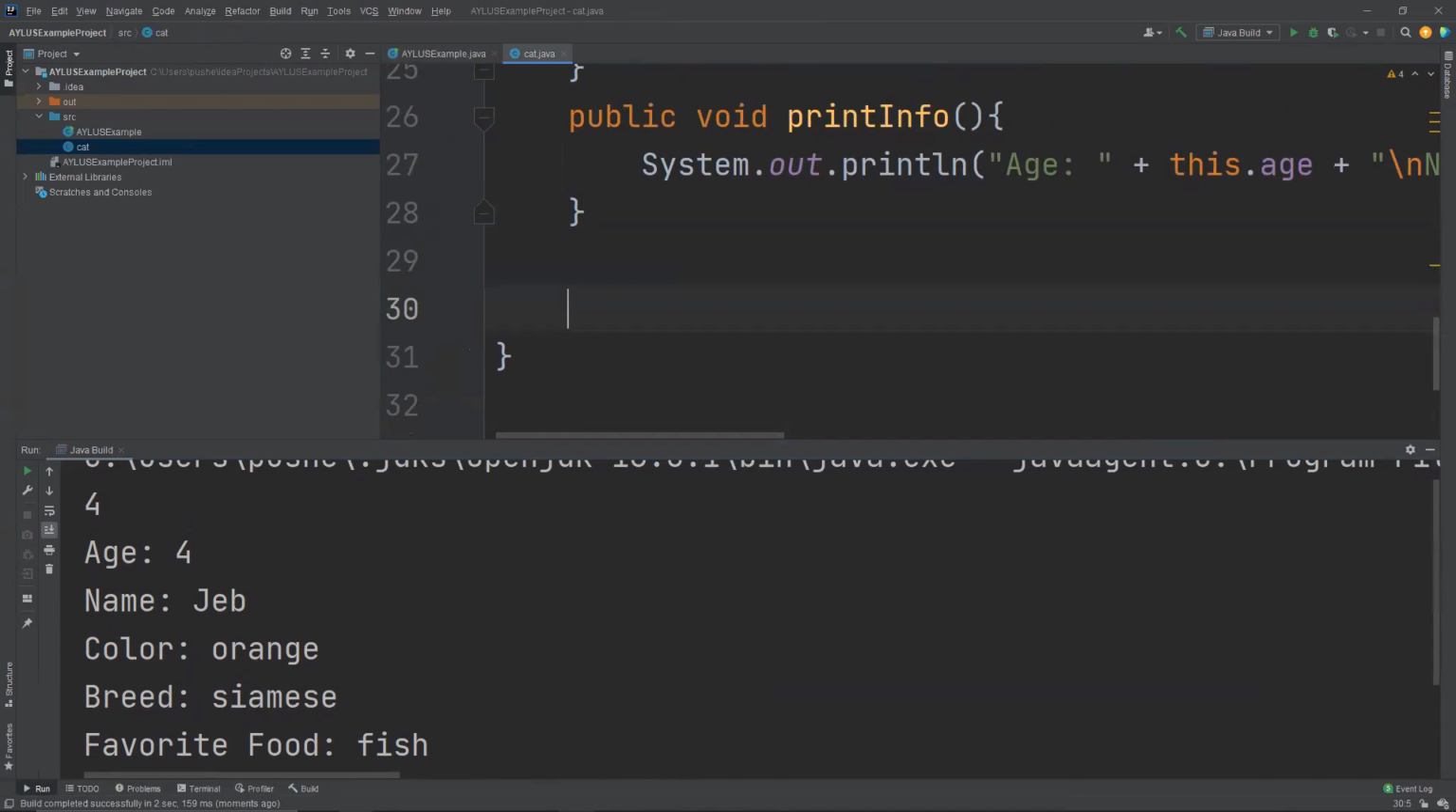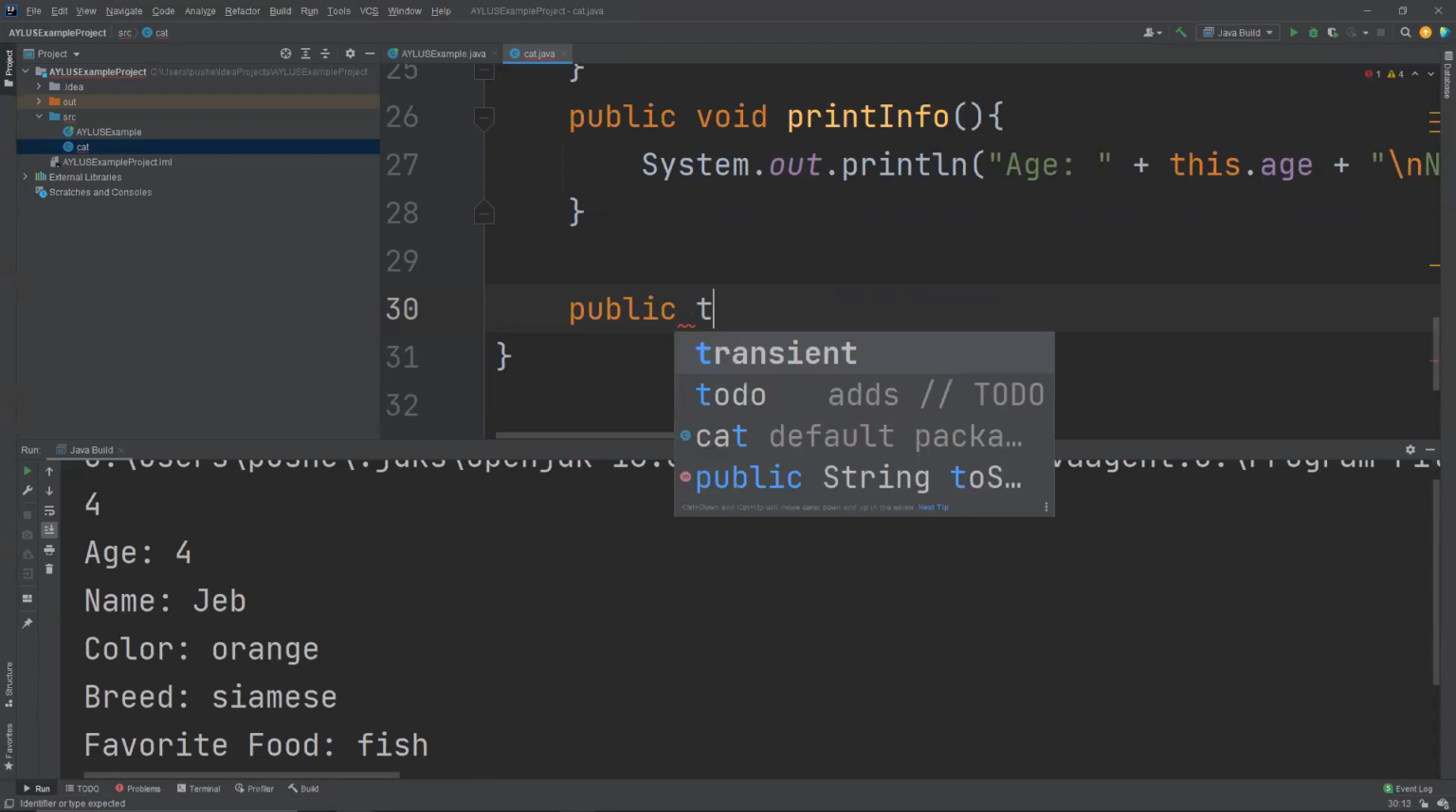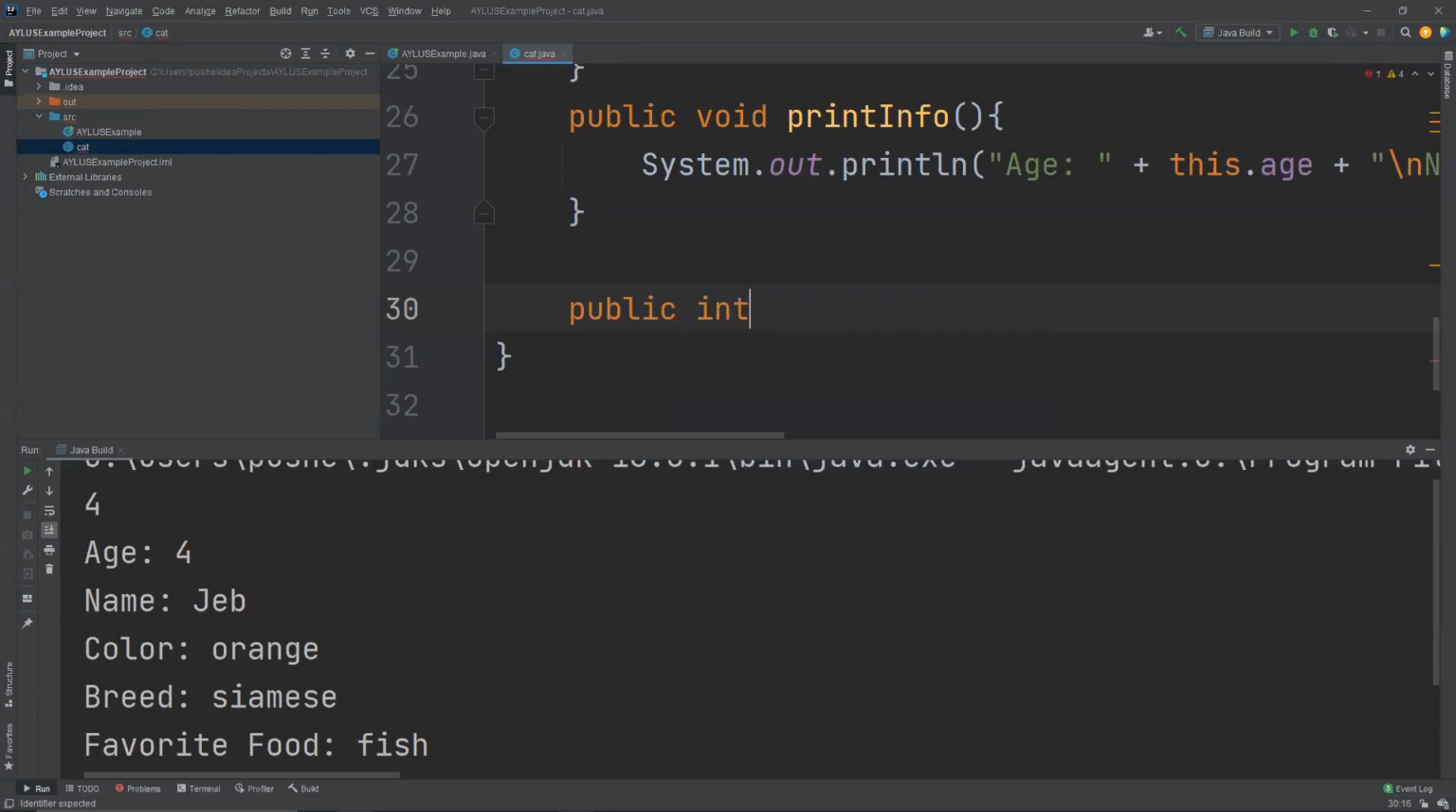Ooh, actually, this might be a bit difficult. Let's see. Public boolean compatible. Actually, let's do something a bit simpler. Let's compare the age difference between the two cats. So we'll have it return an int. Public int compareAge, and then we're going to have it input a cat c1,